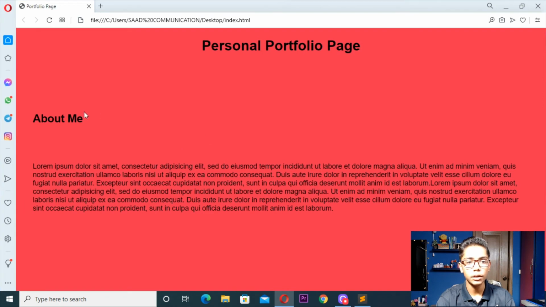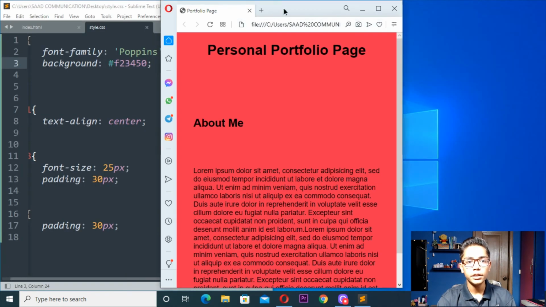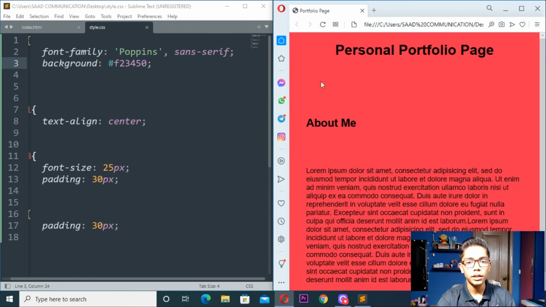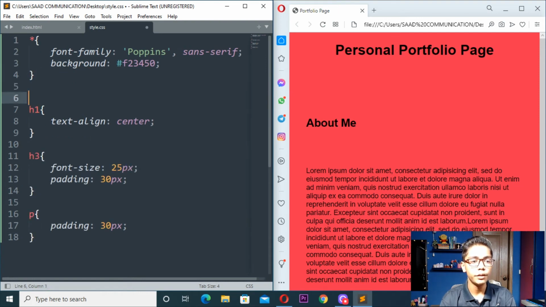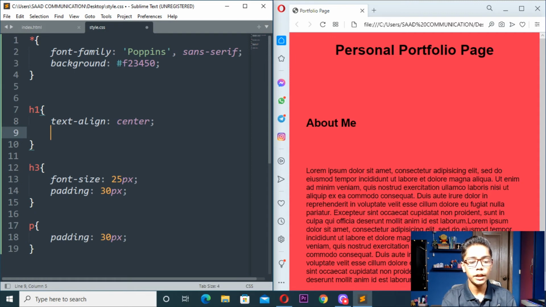Previously we have also given it, but I love this color, so because of that I am giving it, and I will be changing it to white, meaning I want these tags to be in white. So simply I will come here and write that the heading should be in a different color. So I want h1 to be in a different color. So for h1 I will write color, and here I will write something like